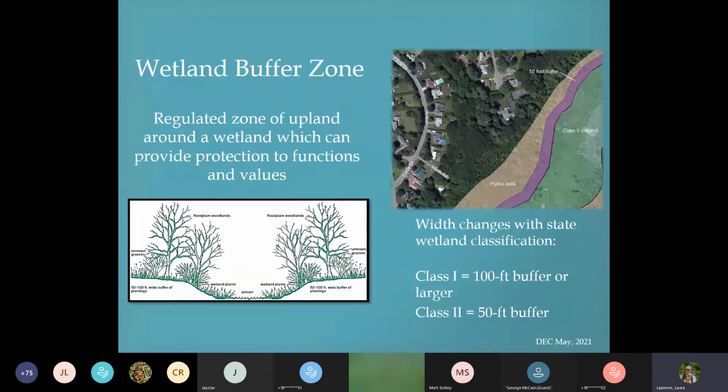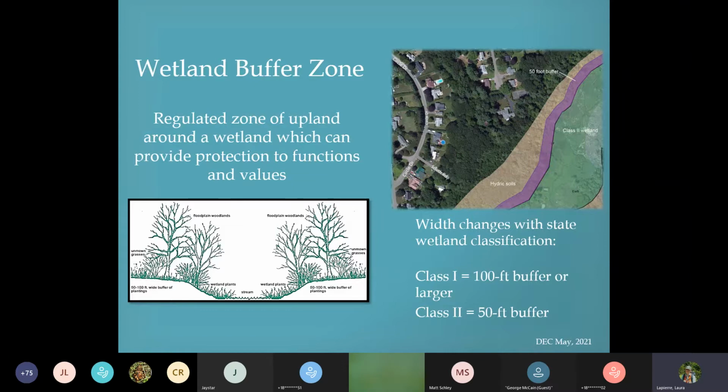In addition to protecting wetlands themselves, the Department of Environmental Conservation also protects wetland buffer zones. These are regulated zones of upland around a wetland, which can provide protection to the functions and values.